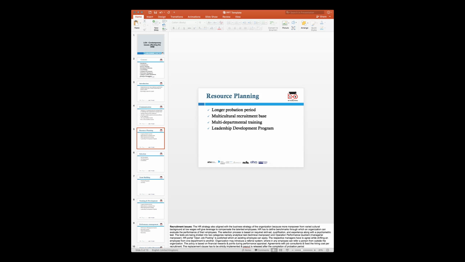But if there is a discrimination which tends to happen at the time of this recruitment, then what we get to see is that this can become a contemporary issue wherein there is a bit of discrimination happening in terms of hiring certain types of employees or types of persons coming from a different cultural background. So resource planning is a major HR strategy, because